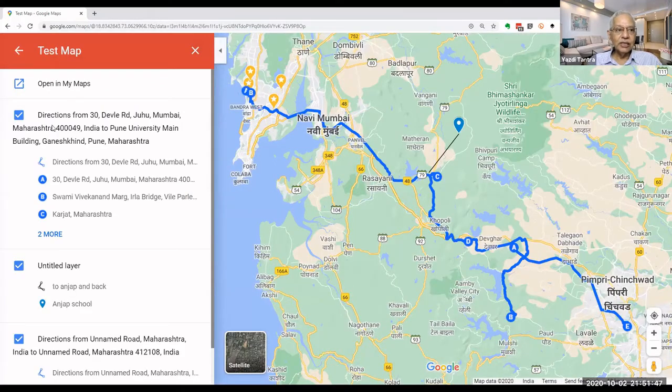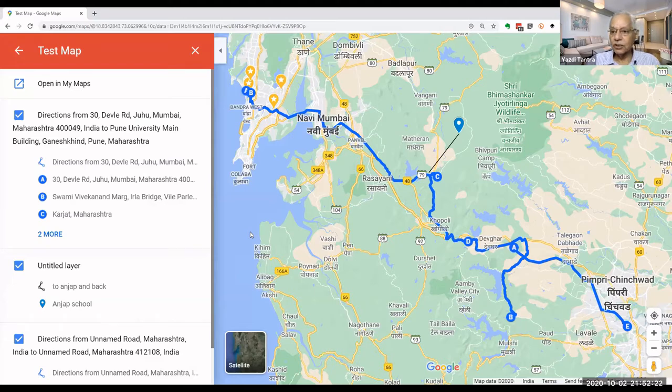So I have said if I go from my place, I am going from here to here to here to here, and I am coming up to a certain place, and then I am taking a detour. I am taking a cycle ride. Okay. So there is a place called Anjap, and this is Karjat. So from Karjat, I have to take a cycle ride. I have to come back here. Then I am going to Khopoli, etc., coming here, going to Ambi Valley, coming back here, and then proceeding to Pune. Now this is a very, very customized sort of thing.